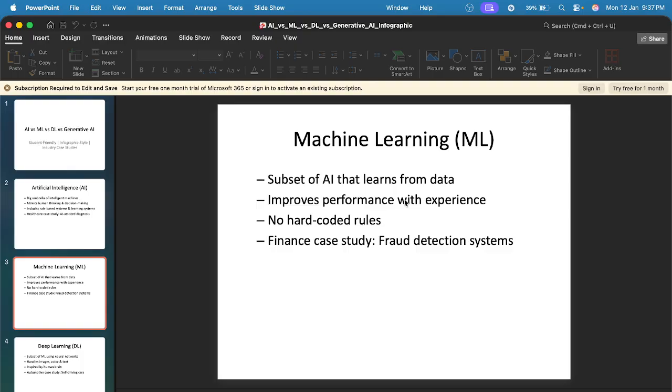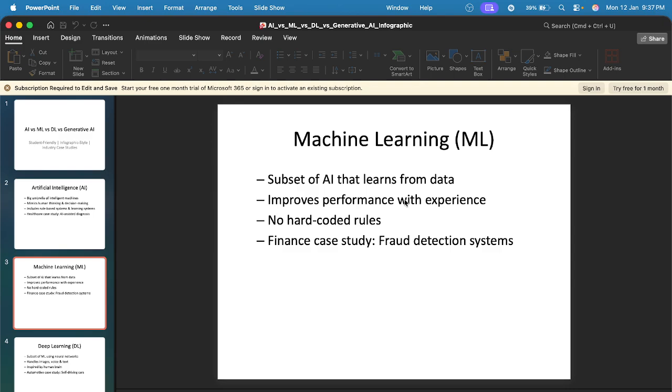I hope you guys get a basic idea, at least a minimum idea, of what is artificial intelligence, what is machine learning, what is deep learning, what is generative AI. At least you can say one line on each, like AI means artificial intelligence. It acts like a human, mimics a human. It works as a thinking and decision making system. It's a rule based system, and it's a learning system.